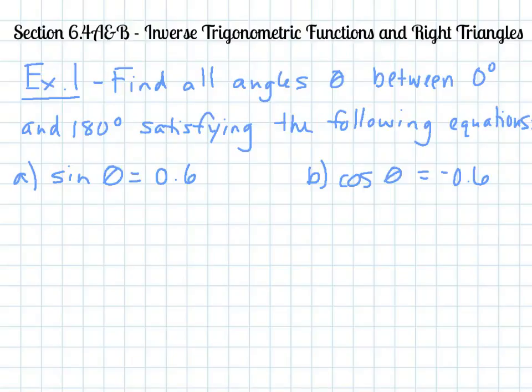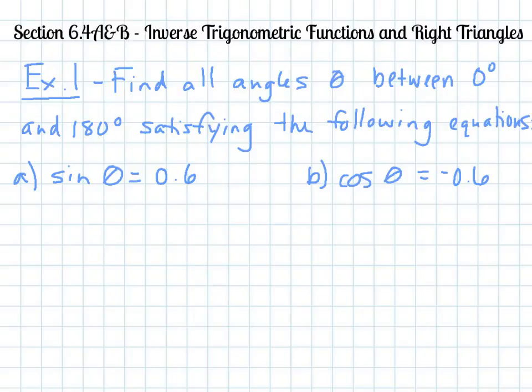Today's lesson is section 6.4. We'll be doing A and B in this video. It'll be over inverse trigonometric functions and right triangles. So here, first example, we want to find all angles theta between 0 degrees and 180 degrees satisfying the following